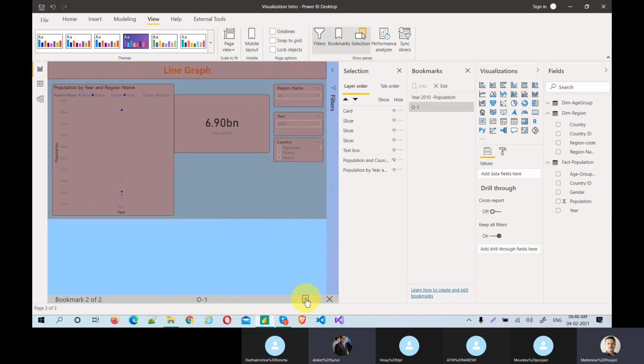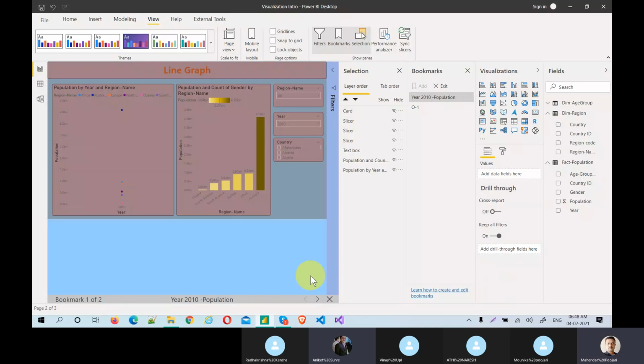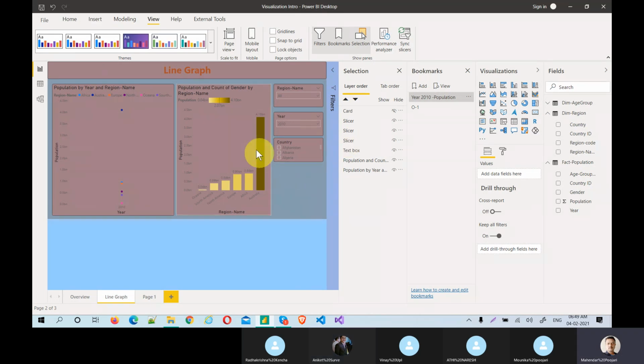If I have to clear the selection and show all the regions, you just exit the bookmark, or you can create another bookmark for all of them. A bookmark is not specific to a visual; it is specific to a scenario. It will tell you the story point.